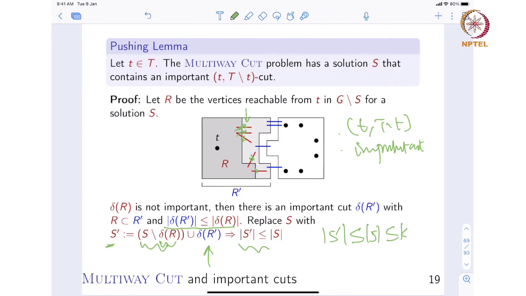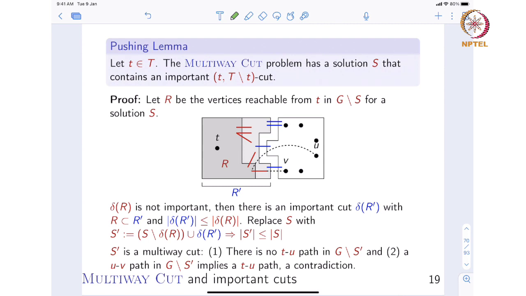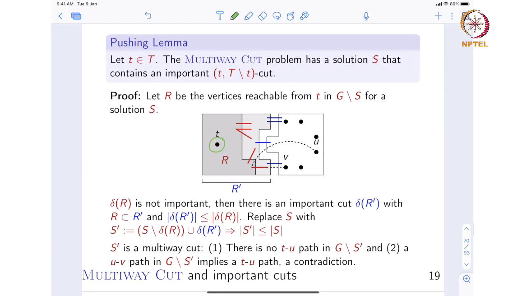But now we have to show that S prime is also a multiway cut, meaning there is no path between Ti and Tj for any pair of terminals in T. First thing first, notice there cannot be a path from T to some T minus T vertex, some U or V. Why? Because delta R prime is an important T minus T cut, so you are still separating this. So S prime may not be a solution,